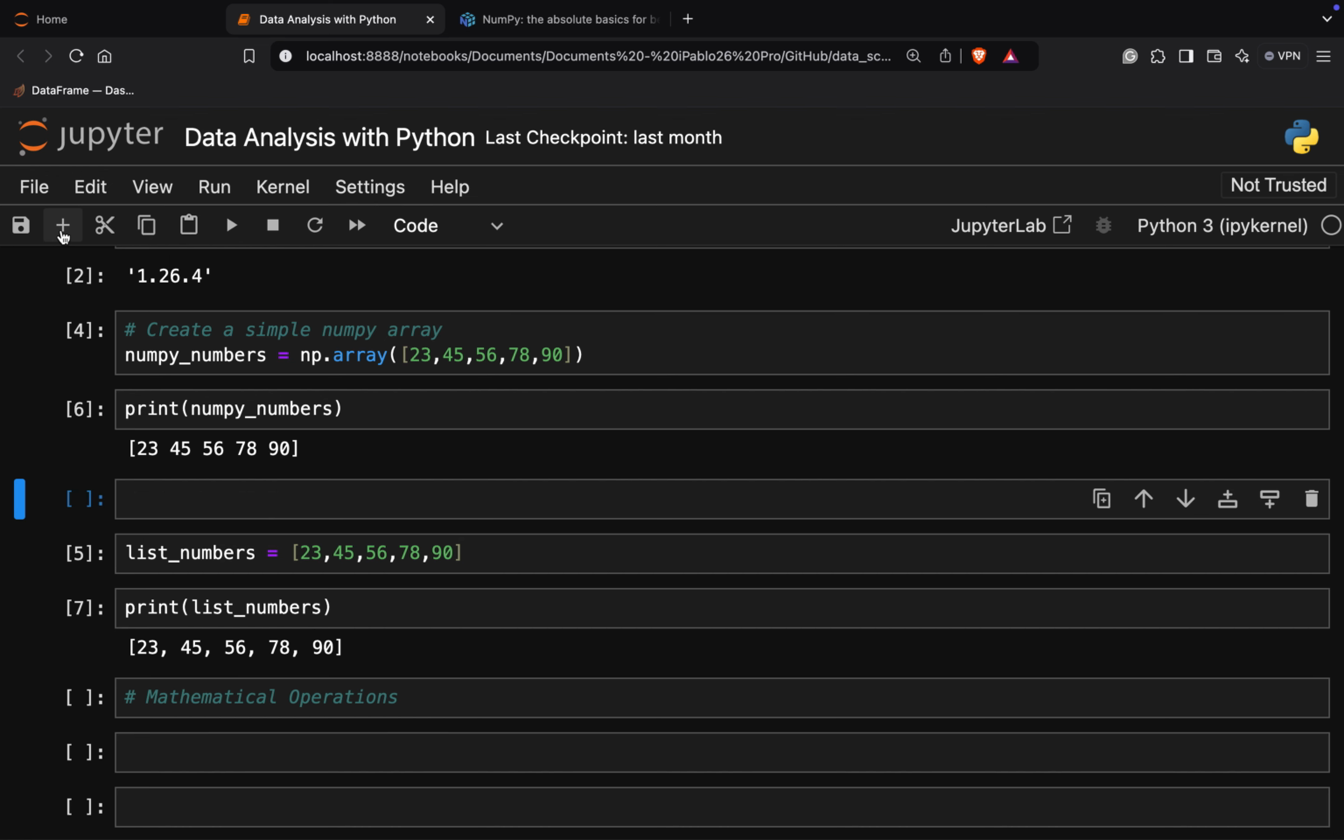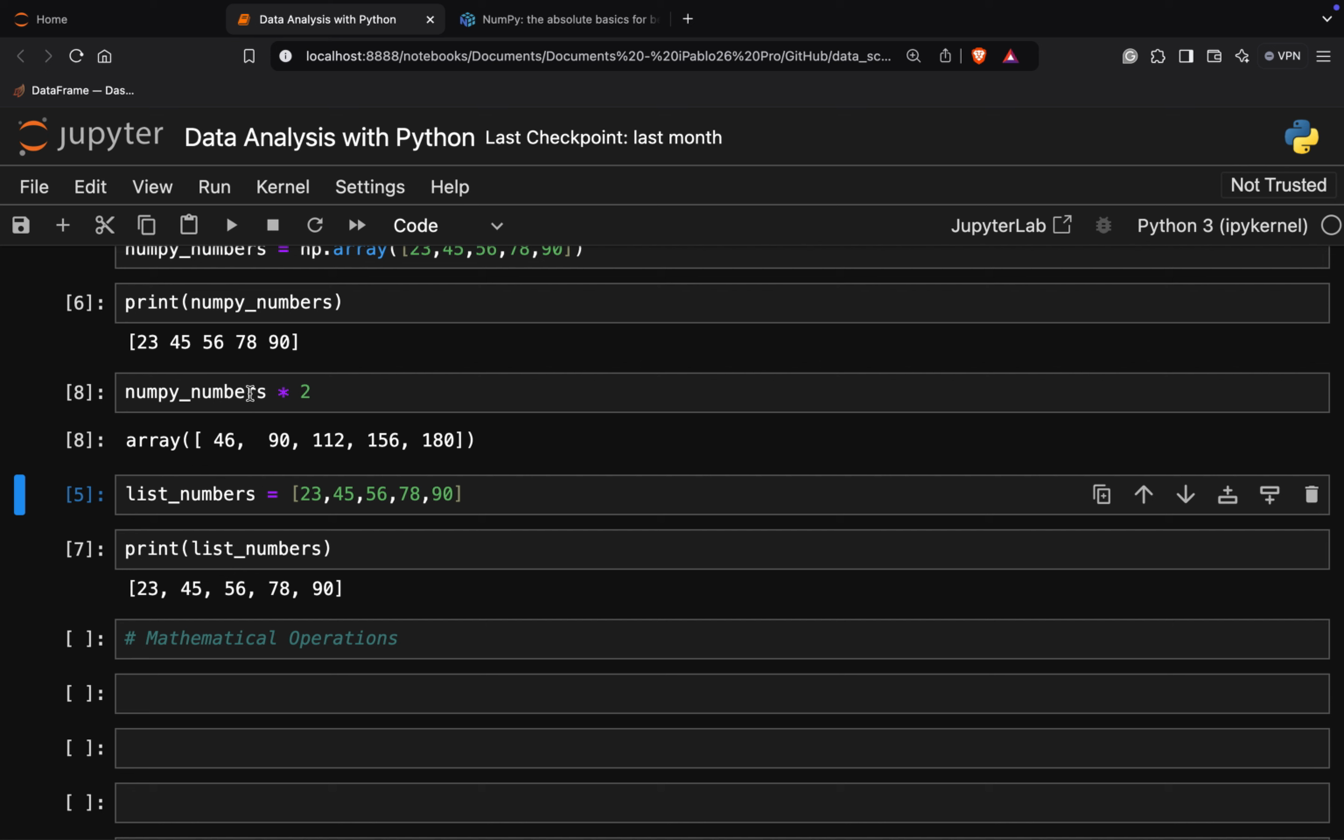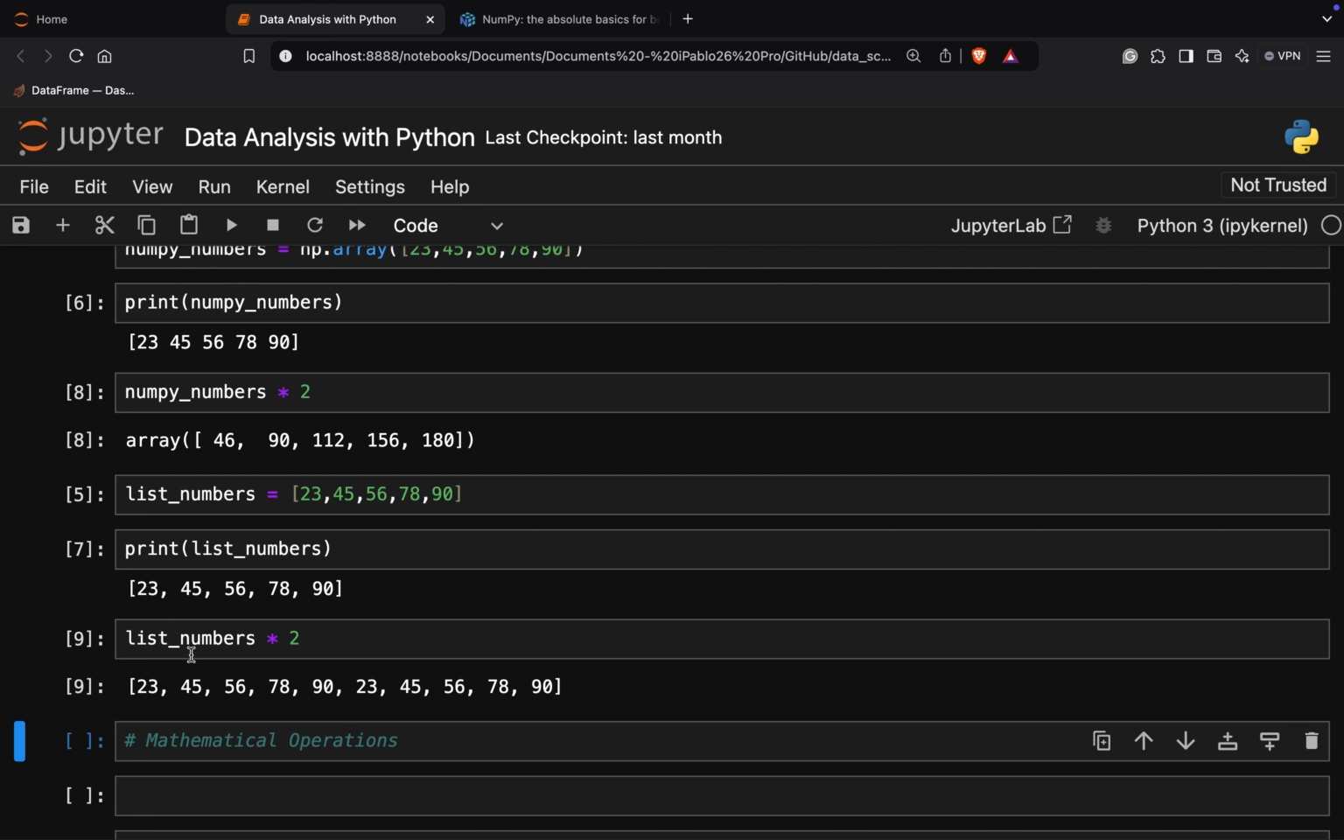Over here, I can say numpy_numbers multiplied by 2, and you can see what happens. Every element inside is multiplied. It's like they're individual features in here. Over here, I say list_numbers multiplied by 2, and you can see what it does. It feels like it duplicates it, right? Because